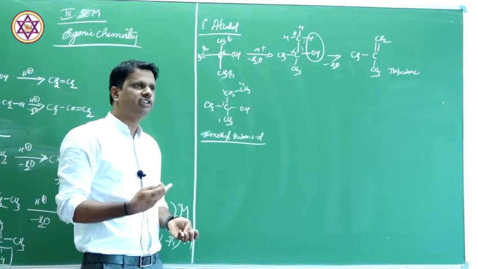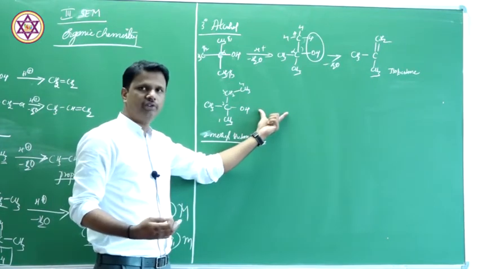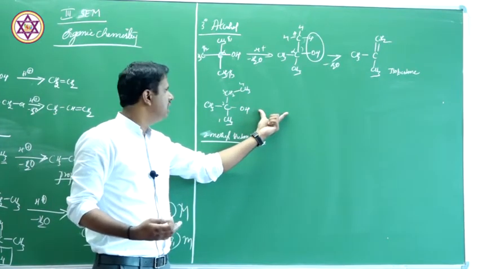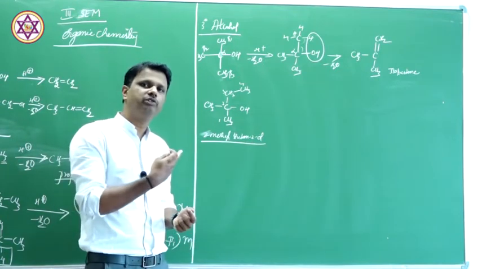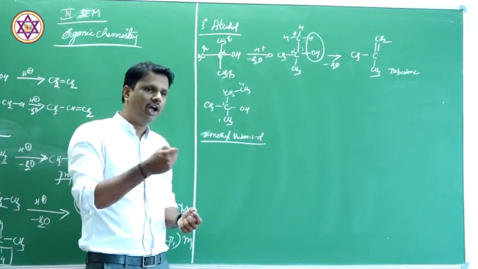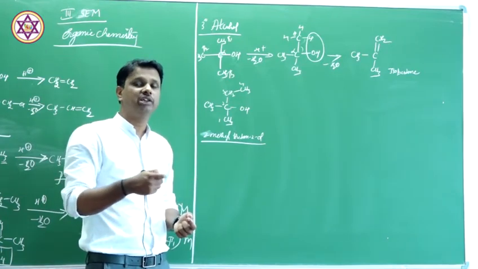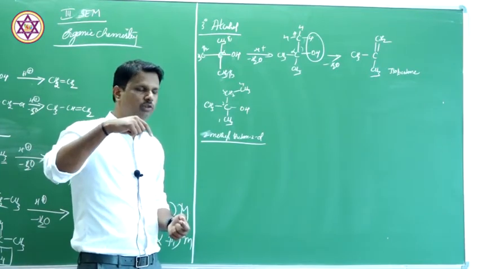We also know that the Saytzeff rule can be stated in other ways. During the dehydration process, elimination takes place in such a way that more substituted alkenes predominate. That is one statement. Or else, the hydrogen will be eliminated from the beta carbon containing the lesser number of hydrogens. That is very important.